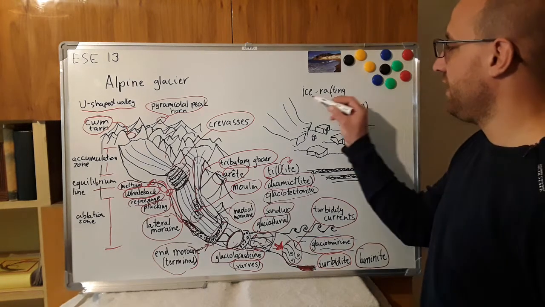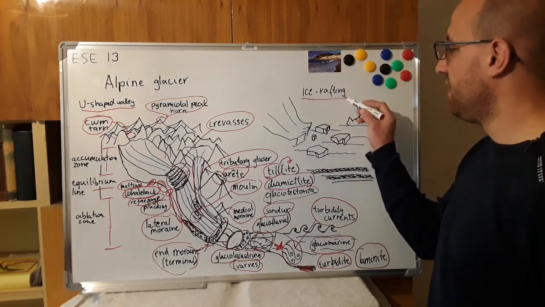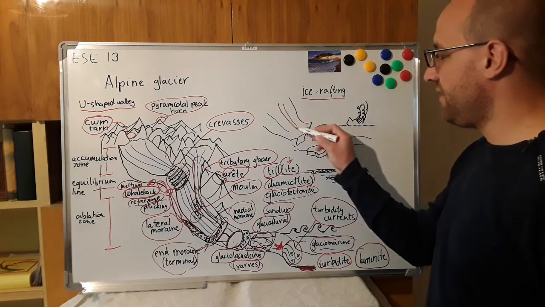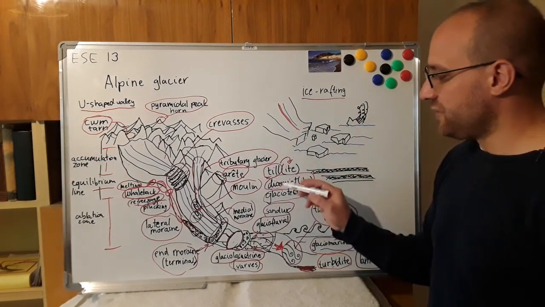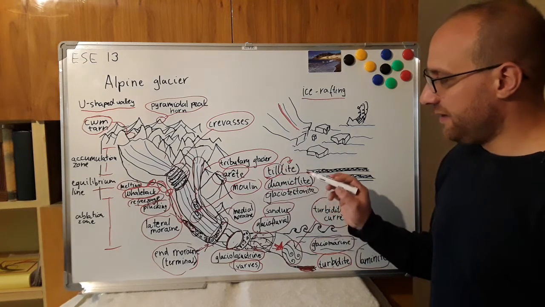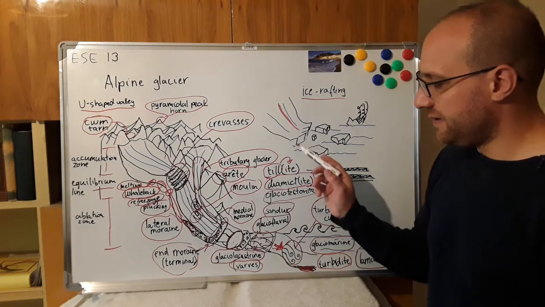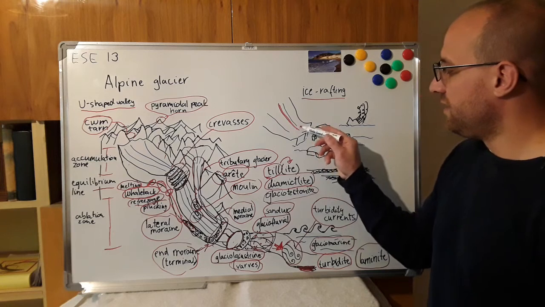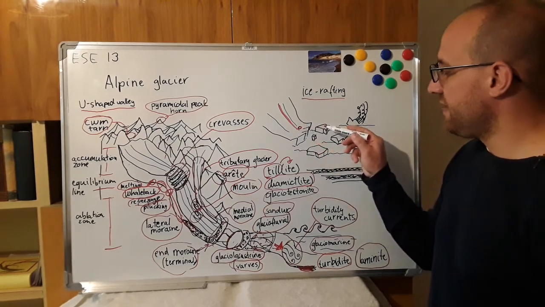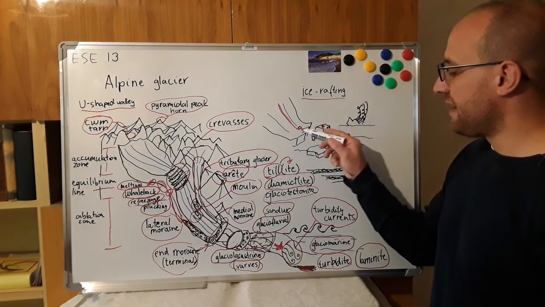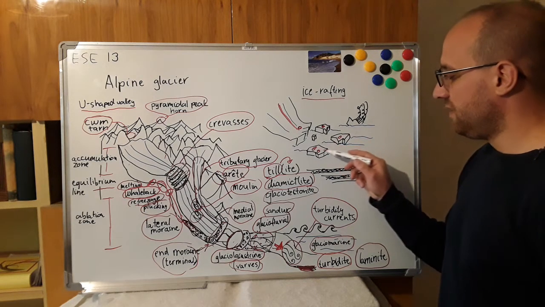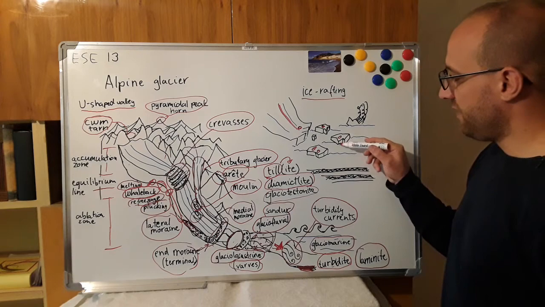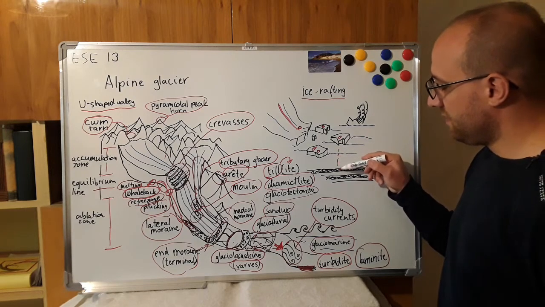Finally, I just want to highlight here we have ice rafting. So ice rafting we would have possibly what we have here from tributary glaciers and the kinds of the medial moraine rocks on the ice that through the iceberg calving would be carried further down into the ocean, and whenever this melts, these will drop